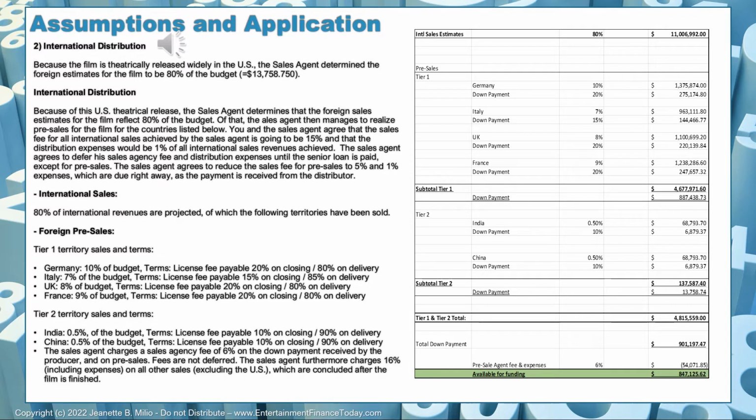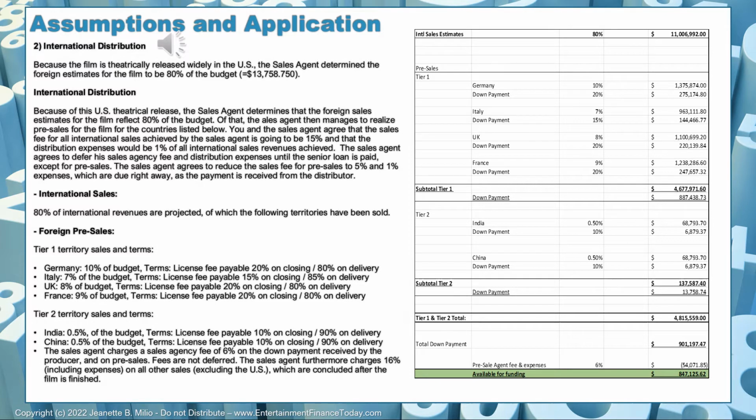For Tier 2 territories, China and India, we get 10% for the down payment in relation to the license fee, which is a total of 13,758.74. And the subtotal for India and China Tier 2 territories that we have entered into with pre-sales is 137,587.40. Now the Tier 2 and Tier 1 total is